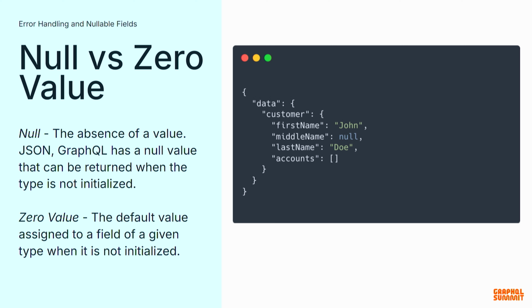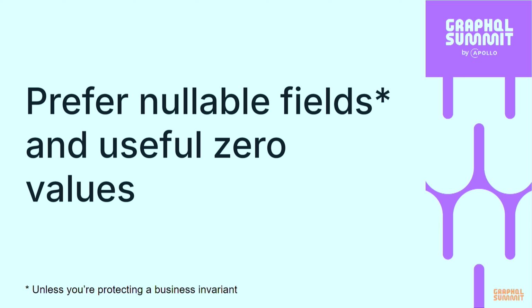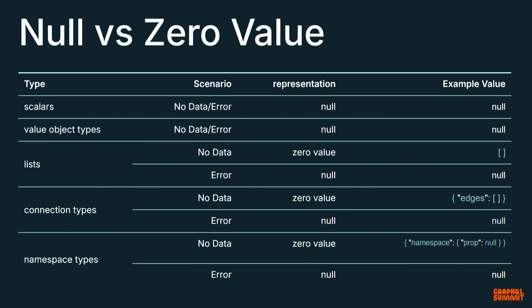And within the RFC, we had folks weighing in from our experienced teams, and essentially where we landed was zero values for aggregate types are just a little bit easier to work with. You can iterate zero times over an empty list, things like that. So we amended our rule, and we said, okay, prefer nullable fields and useful zero values with our little asterisk still present. And then we took that one step further, and within the RFC, we agreed upon this decision matrix